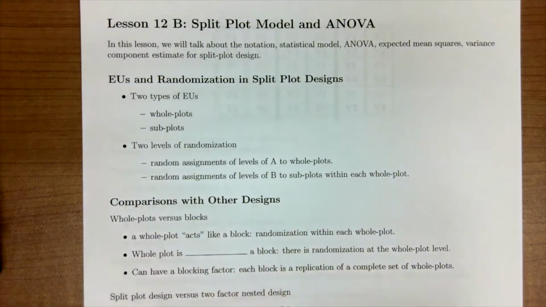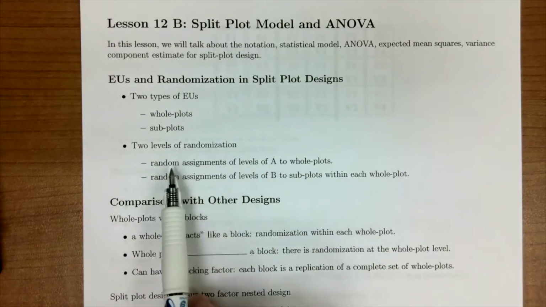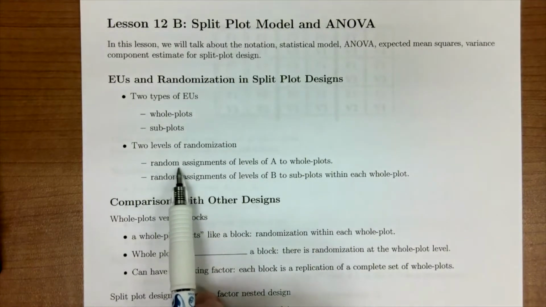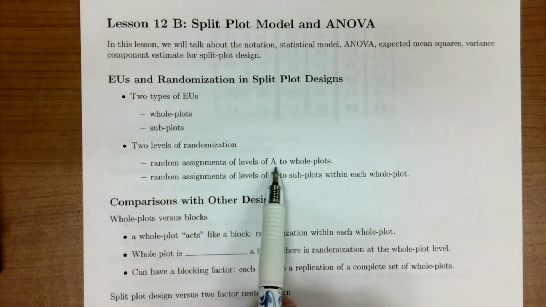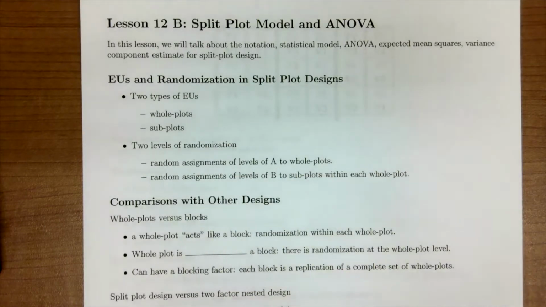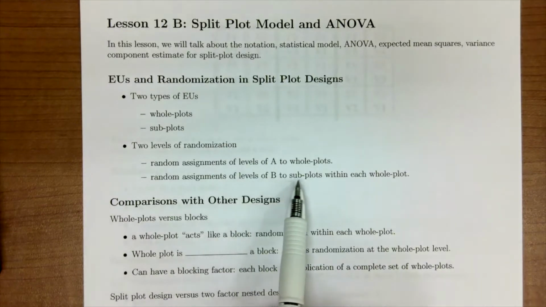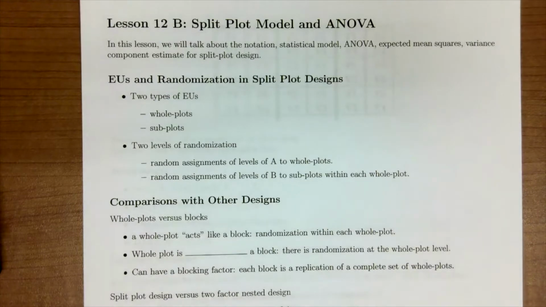Since we have two EUs, we're going to have two levels of randomization. The first randomization is applying the levels of A to the whole plot. And then the second randomization is applying the levels of B to these subplots within each whole plot. Now, again, as we start to learn about more